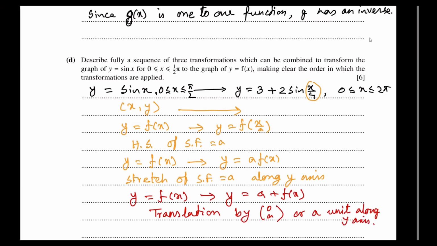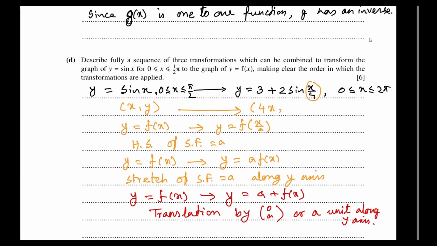So what is the change here? There is one change along the x-axis and two changes along the y-axis. The change along the x-axis is that x got multiplied by 4, and along the y-axis we have multiplication, then translation,